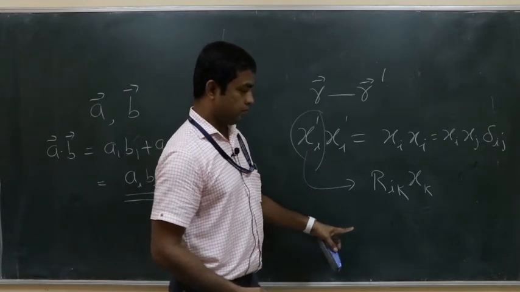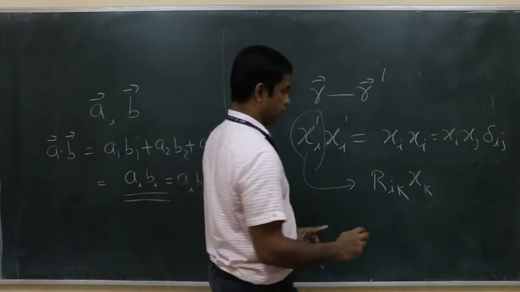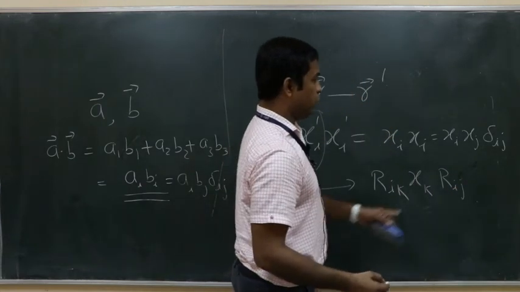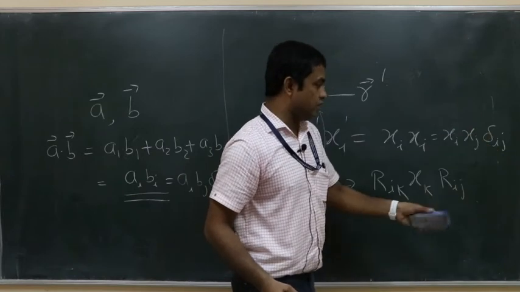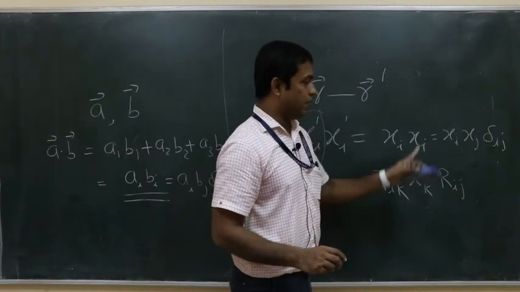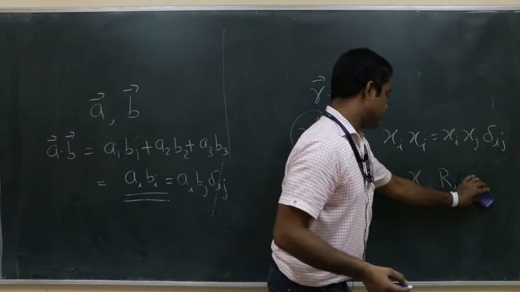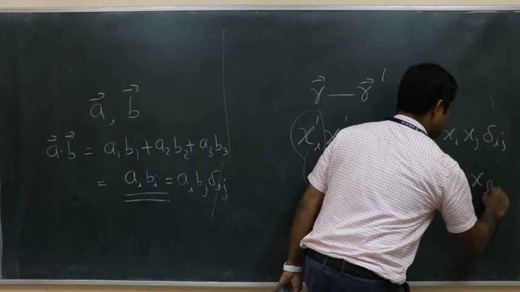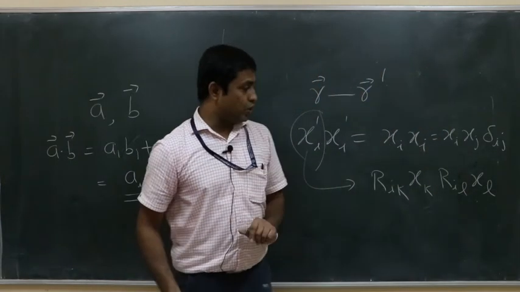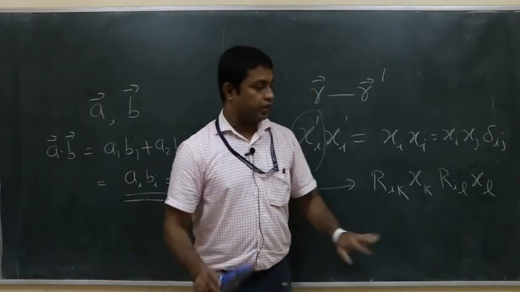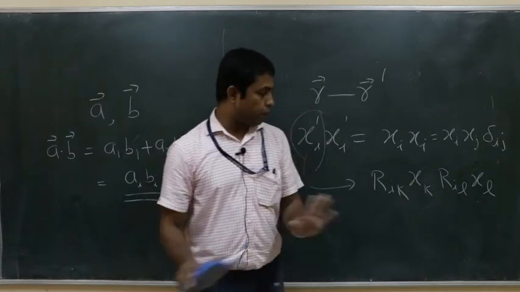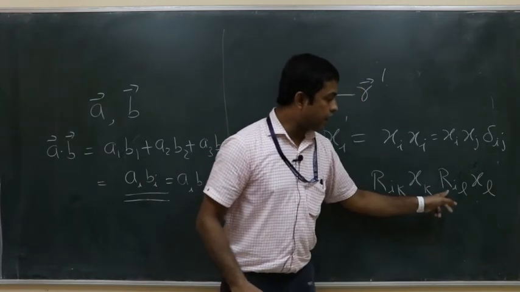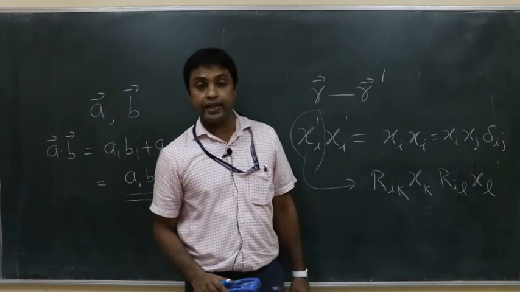Is there anything we can do? You tell me. For Rij and xj we can do. You can do, because the right hand side we already used j. Let us not use it, though there is no issue in using it, but let's use some other index. Okay, L we can use. Ril xl. Now let me ask you a question. I can use j, no issue. This equals Rij xj, no problem. But can I write instead of Ril xl, Rik xk? Can I write that?